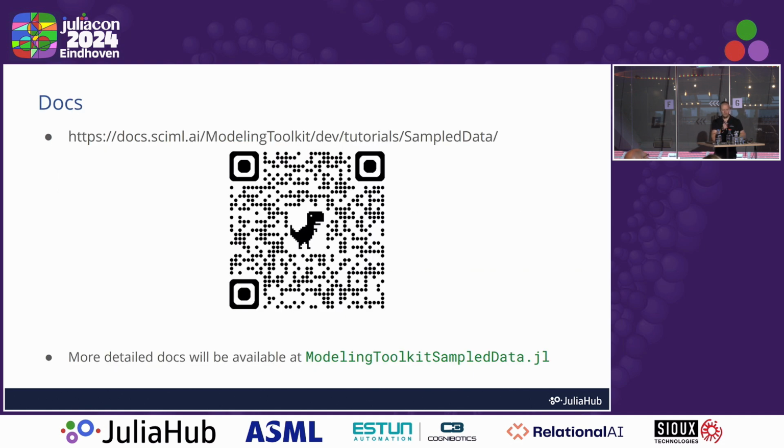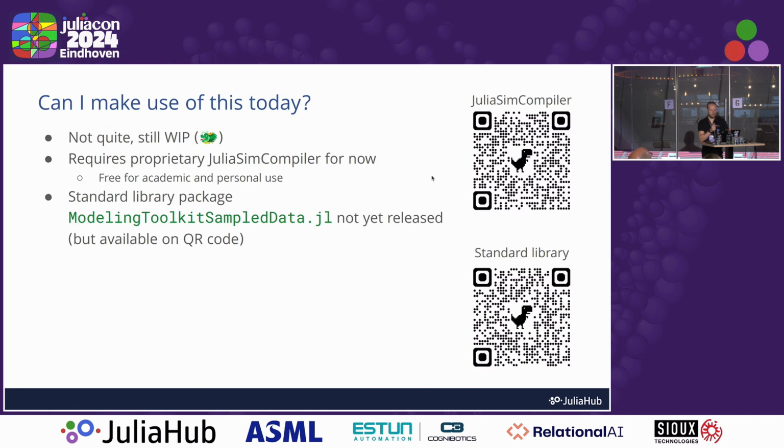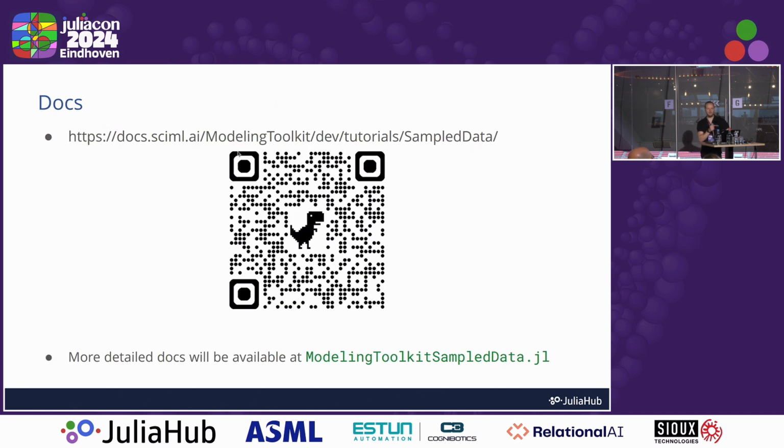All right, is there documentation available? And the answer is yes, and kind of. At the QR code here, there is the documentation that is available in Modeling Toolkit. It's very incomplete. It just gives you kind of the overall idea, but you can check it out already today. Then there is documentation available in ModelingToolkitSampleData.jl. It's available on GitHub, but it doesn't render because it doesn't actually build yet. So you can read the source files, but it's not going to be very interesting to you, perhaps. But if you're interested in this topic, you can perhaps go and check that repository out, and hopefully within short